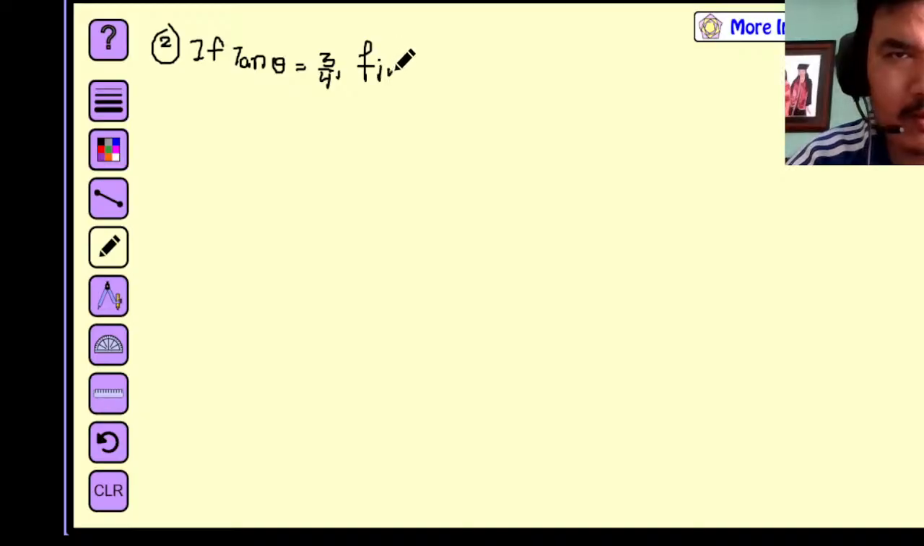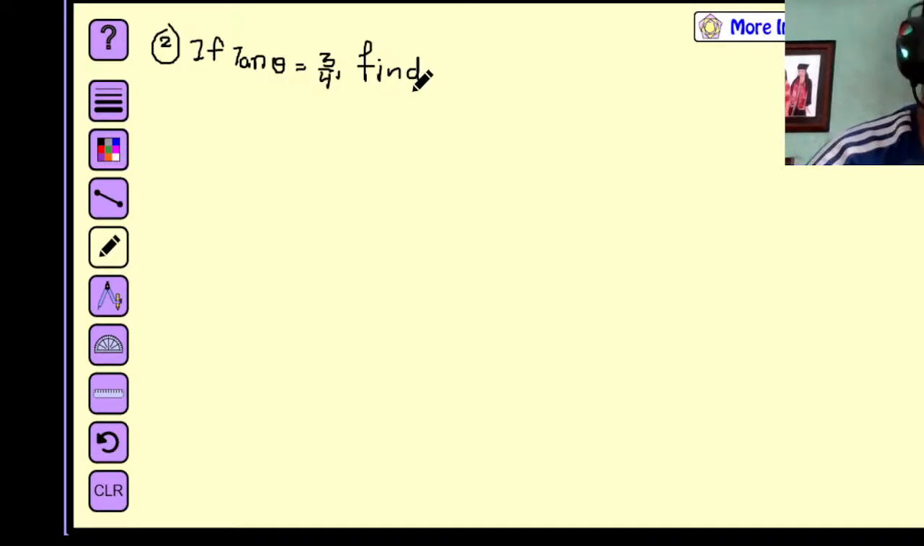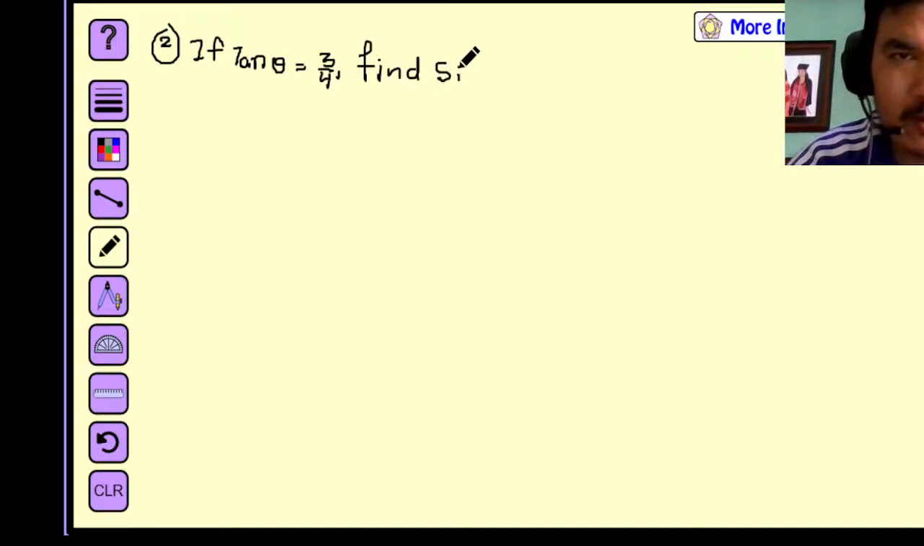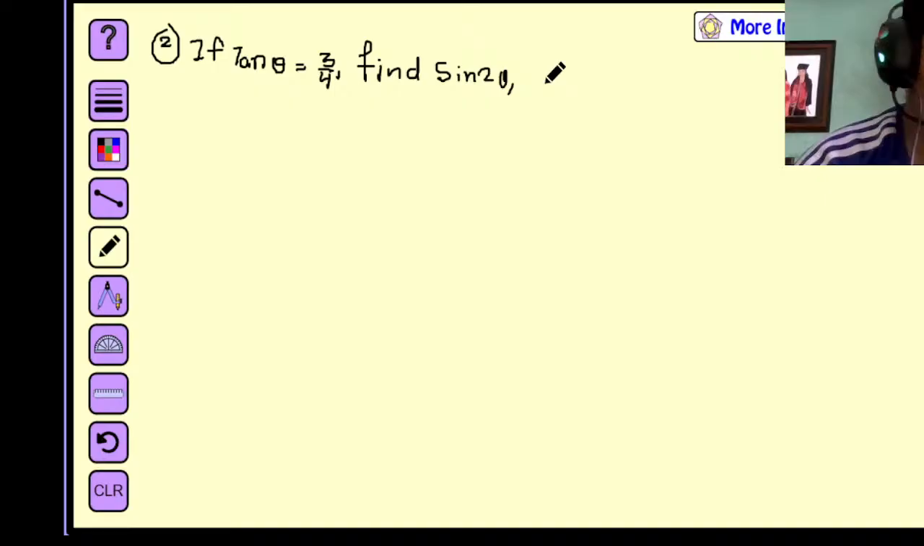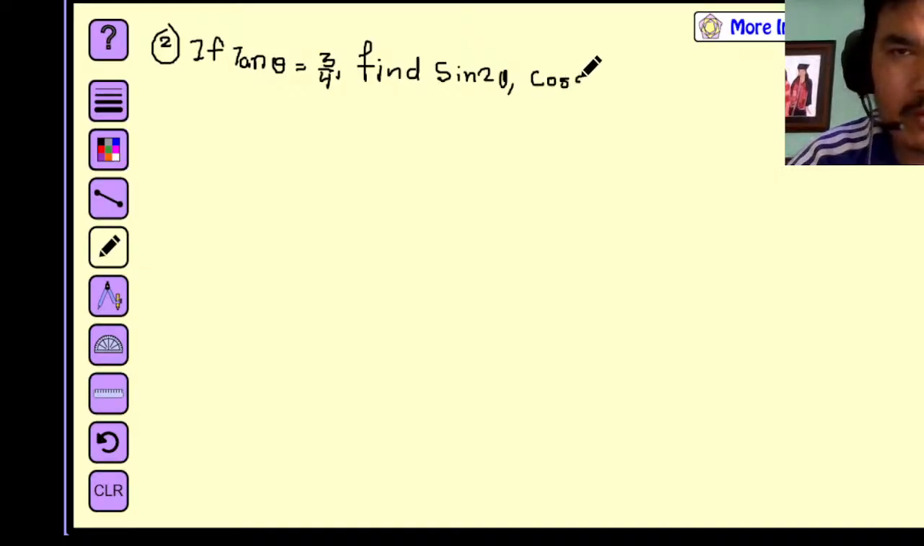sine 2 theta, okay, asked to find sine 2 theta, right? Like this. Another one is there, cos 2 theta. Also, we have to find out here the value of cos 2 theta,